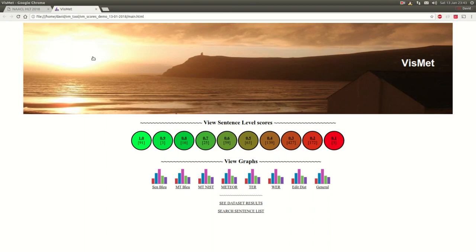And what we've got, because we've selected 10 buckets, is all our scored sentences displayed across 10 pages. We also have graphs that we can view, which we'll come to later, and some other links down here. So we've got the general data set results, which we'll go to first, and then we've got some search tool. So if I click on this,